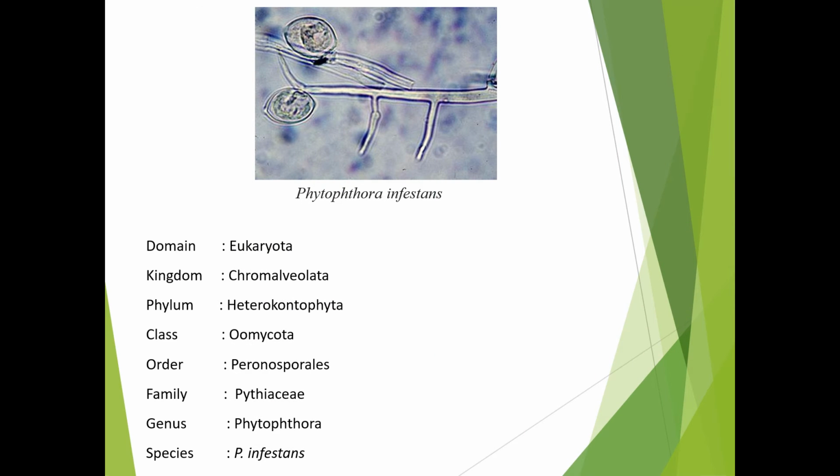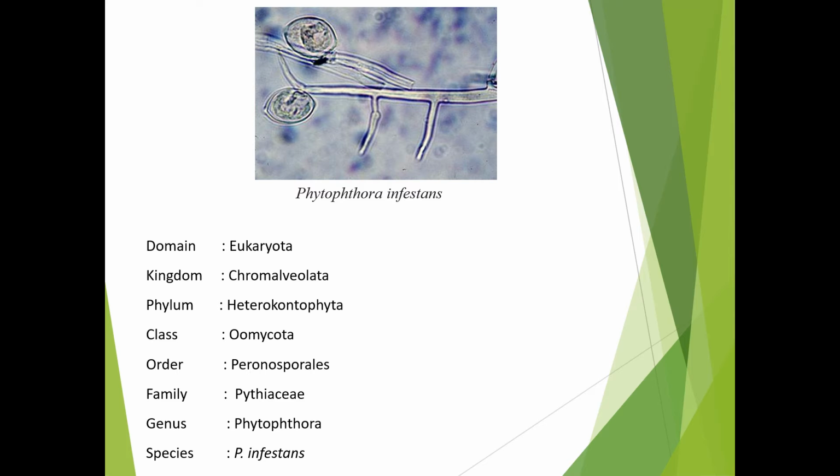Phytophthora infestans, the pathogen of late blight disease, and its life cycle. The domain of Phytophthora infestans is Eukaryota, kingdom Chromista, phylum Heterokontophyta, class Oomycota, order Peronosporales, family Peronosporaceae, genus Phytophthora, and